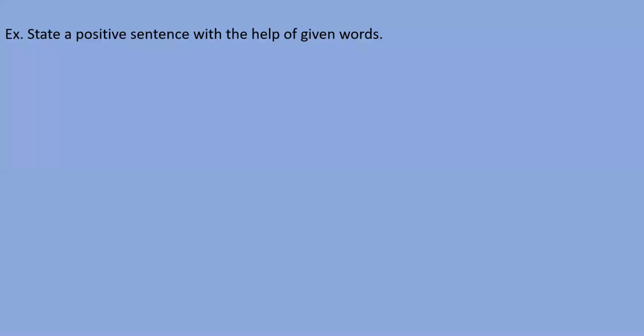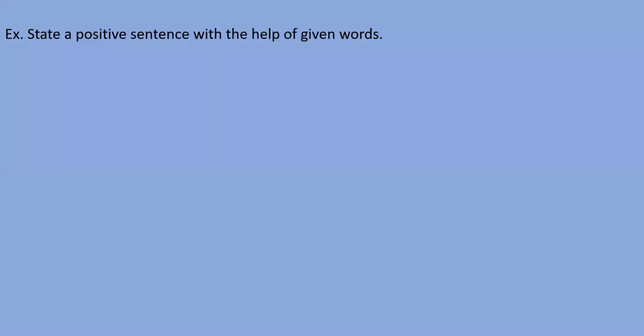So the helping verbs of this tense are do and does. With third person singular we should use does, and with the rest of the subjects we should use do. And in a special note, I told you whenever we use do or does, we should always use the root form of the verb, right? When we make any interrogative sentence, the helping verb will come before the subject. First helping verb, then subject, then main verb, then object. If our interrogative sentence is of WH words, first of all we need to use the WH word, then helping verb, then subject, then main verb, then object, right? On the basis of this, you have to do this exercise.